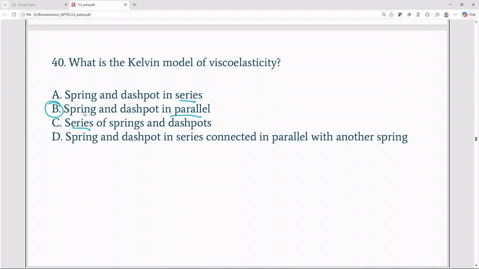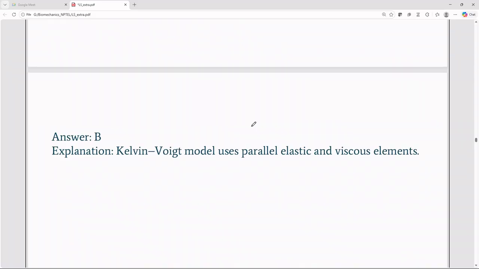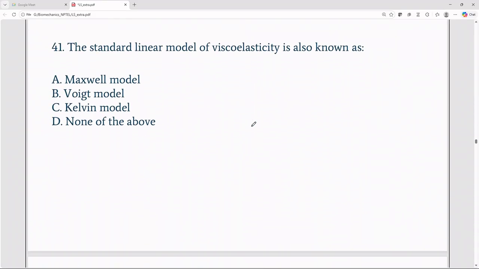Correct answer is option B, spring and dashpot in parallel. The Kelvin model represents a spring and dashpot in parallel. Next question. The standard linear model